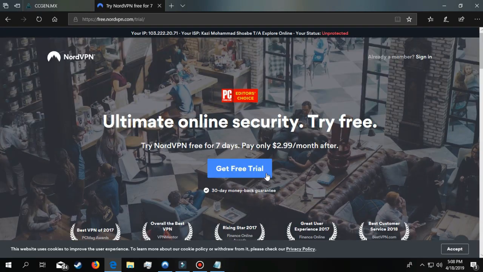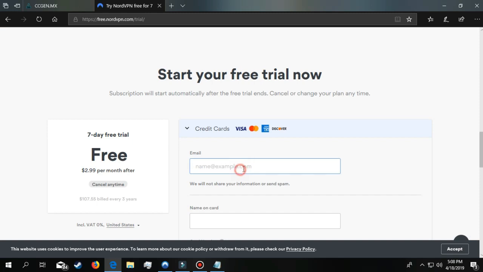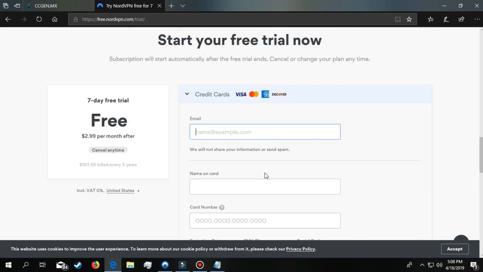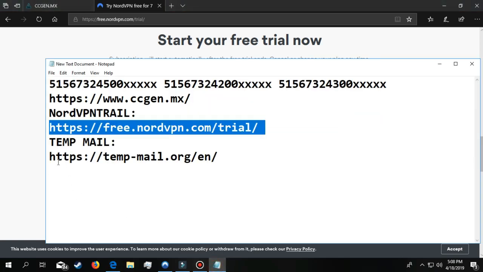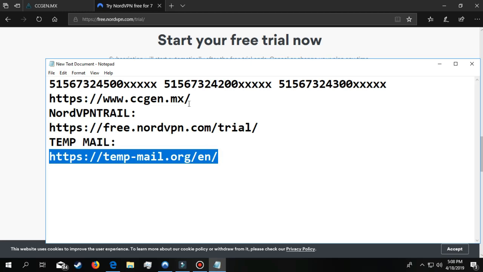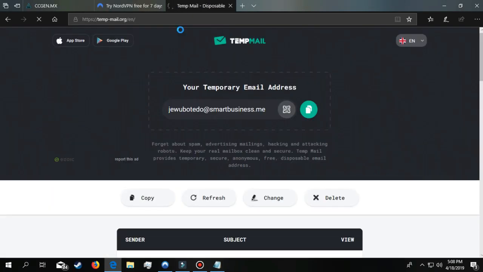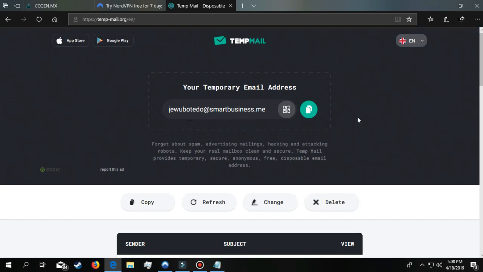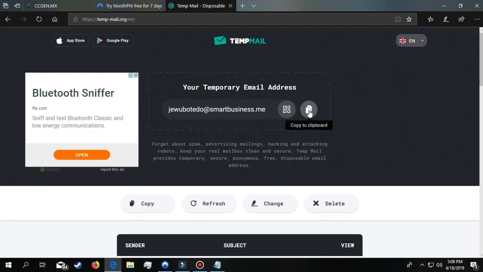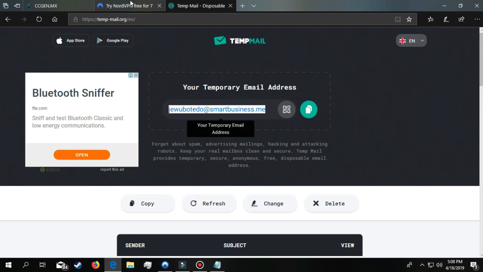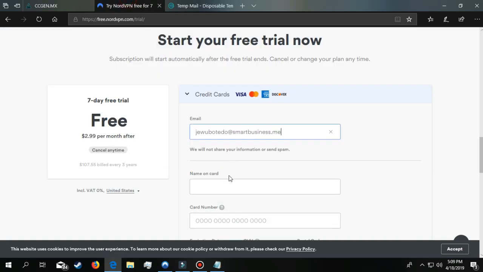Click on the get free trial, and it will ask for an email. So I prefer you don't use your real email. I will prefer you use your fake email or temporary email. So for the temporary email, I'm gonna go to this website. So it will give me a new email here. So I'm gonna copy it, paste it here, and on the name, type a random name,